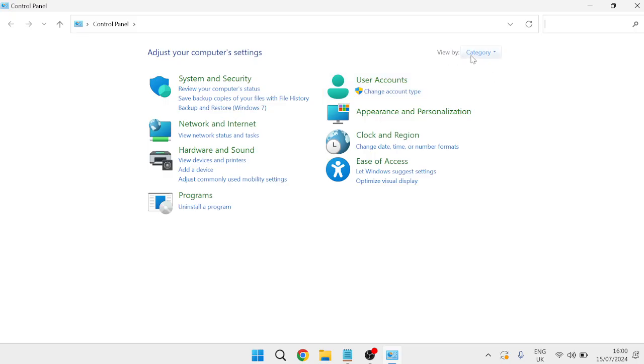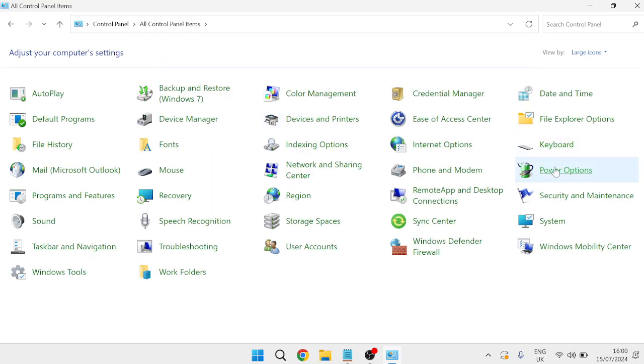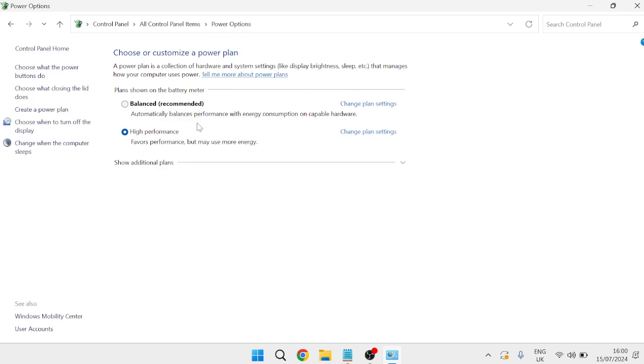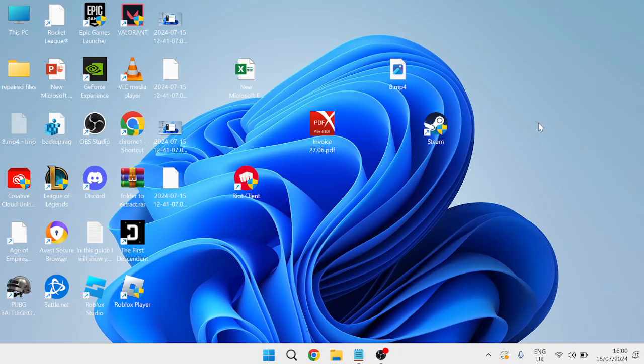From here, make sure View By is set to Large Icons, and then come inside of Power Options, and you need to ensure that this High Performance plan is selected here. And once you've selected the High Performance plan, we can then close out of this, and we're going to come